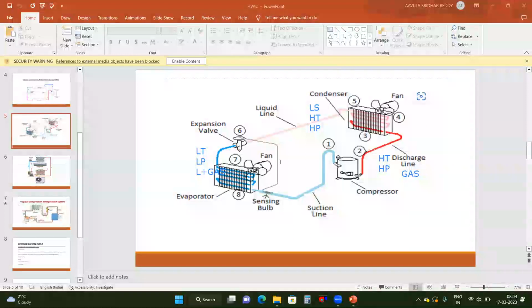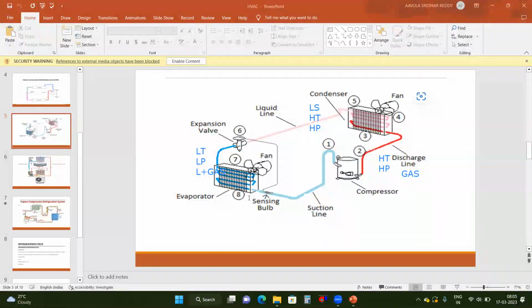The sensing bulb will be attached to the expansion valve. With this sensing bulb, the working is that whenever the temperature of the fluid is high, it will sense. For example, if inside the room we are not getting proper cooling because we have more people inside the room, this sensing bulb will sense the refrigerant temperature and understand that there is more requirement of cooling. So what it will do is open the expansion valve